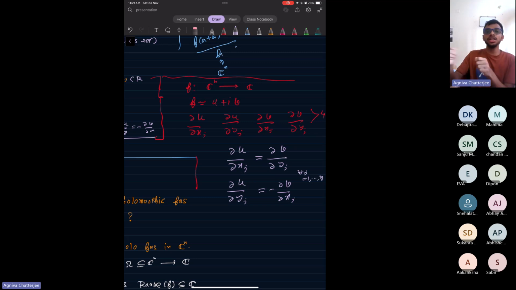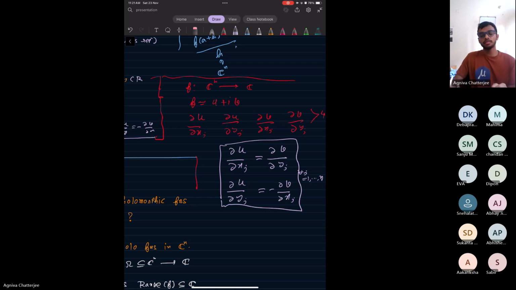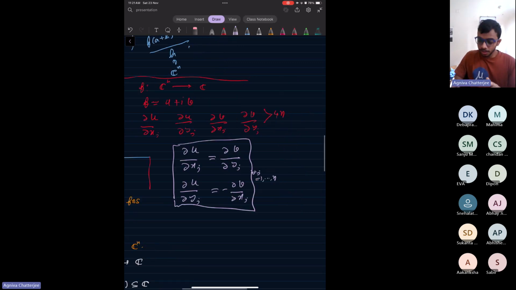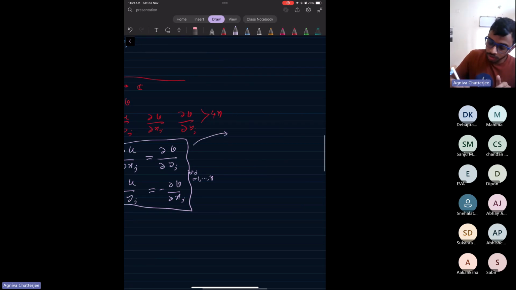So for each j, I am just mimicking the CR equation. What does it mean, basically? This means that if I have a point a, which is a1 to an,